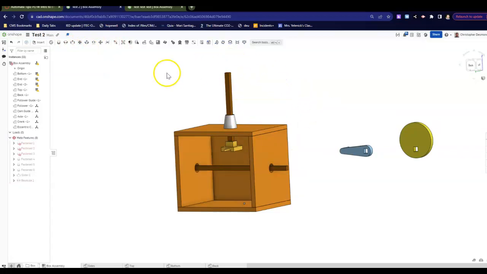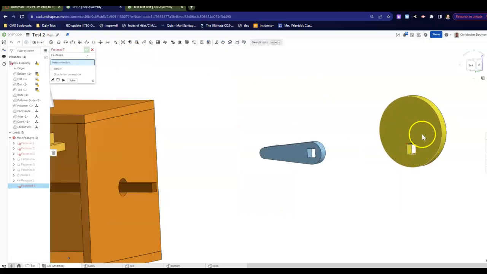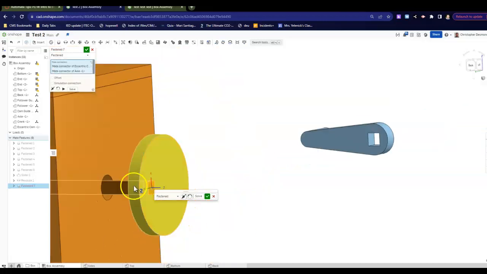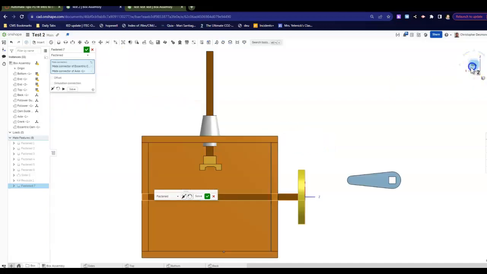Okay. The next piece is going to be very much connected towards what we just did. We're going to make this cam. And again, you need to make sure that the yellow piece is where you want the connection. Where do we want to glue this? We want to glue this right here. And we want to glue this at the center here. The only difference is we want this cam to slide all the way over so that it's right underneath here. That's where offset comes in, right? So if you say